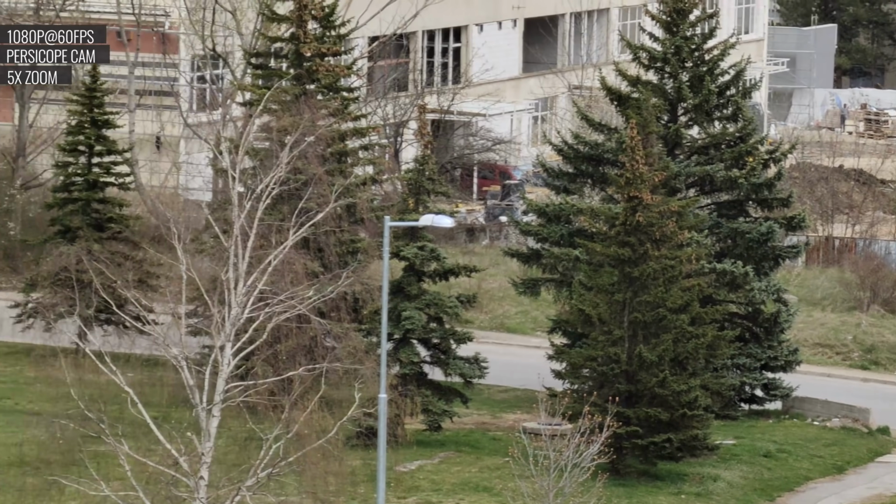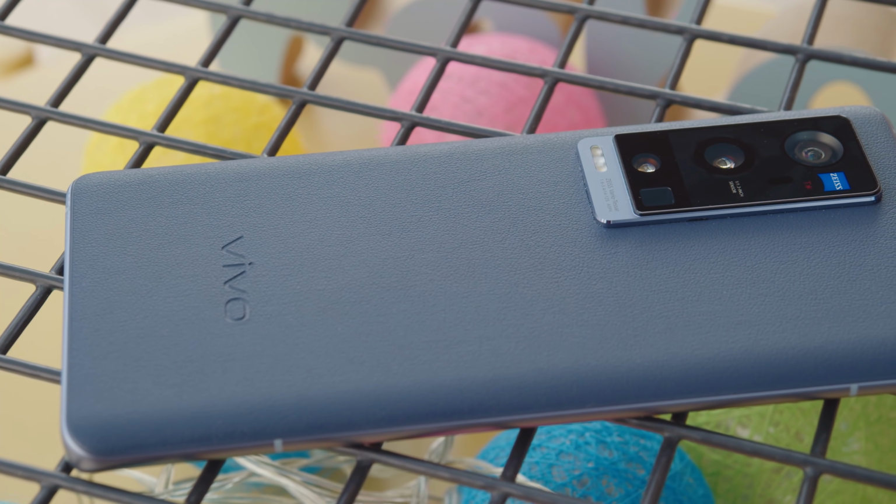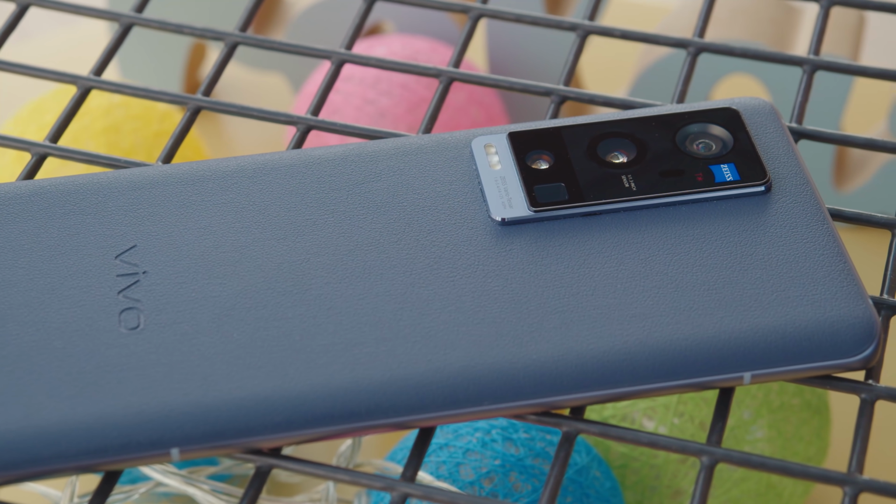It is tough being a flagship this year considering how much good competition there is. I really wish that Vivo had included an IP rating and stereo speakers because that seems to be the phone's biggest misses. Aside from that, it's a very capable phone on all fronts, and choosing a flagship becomes a matter of design preference and what sort of camera setup you want, whether it's more geared towards capturing videos or more zoomed in shots. In any case, the Vivo X60 Pro Plus is a very capable phone and is definitely one worth considering if you're looking at this year's